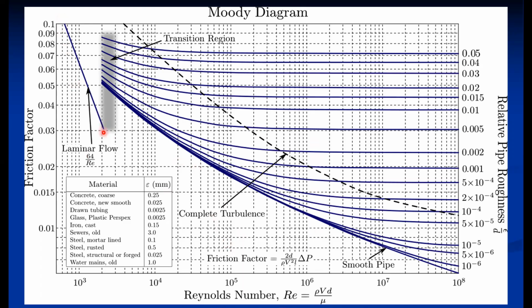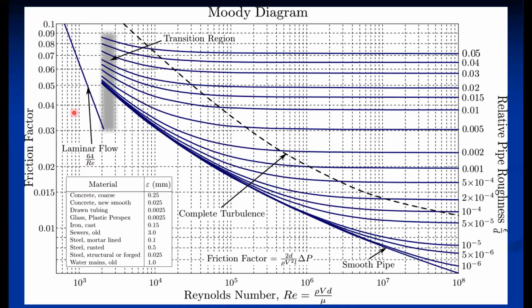As far as laminar flow is concerned, there is no need to use this particular chart. If we know the Reynolds number, we can obtain the friction factor value by using 64 by RE. And this friction factor value we can substitute in HF is equal to FL V square by twice GD, the Darcy-Weisbach equation. So the Darcy-Weisbach equation can be used for laminar flow as well. If we put F is equal to 64 by RE in the Darcy-Weisbach equation, we get the value of HF as well, instead of using 32 mu VL by gamma d square.